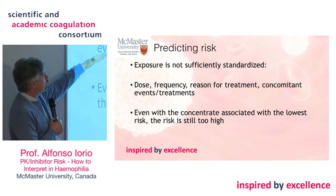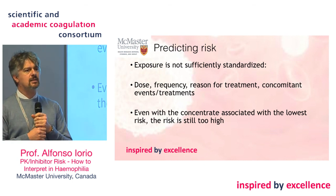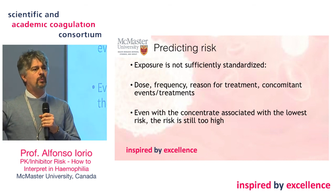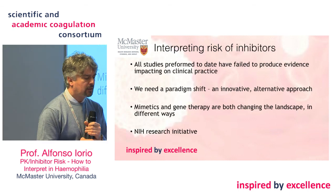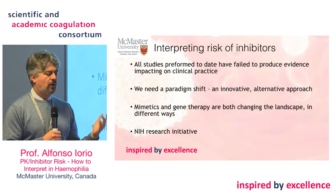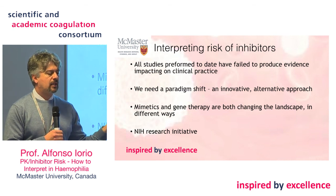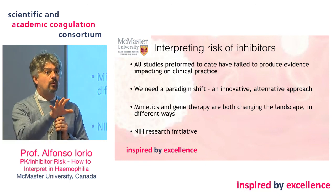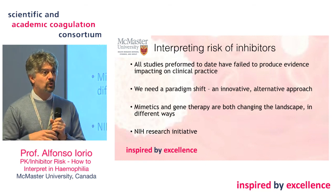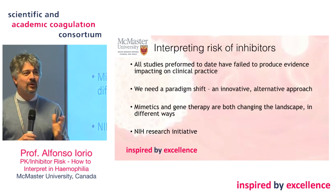And even if I was able to predict, and even if there is a difference, what we have seen in clinical studies is that even the lower risk group still has a 20% risk of inhibitor. 18% risk of inhibitor is too high to make sense. We need to move on, stop interpreting what we see, and start thinking of inhibitors in a different way. That's what I hope you'll bring home as future researchers, replacing us here in front as soon as possible,